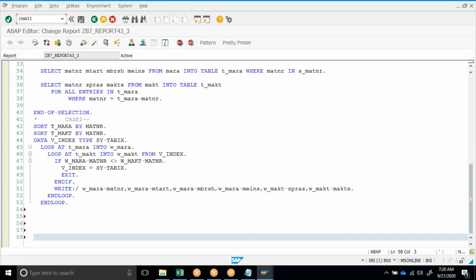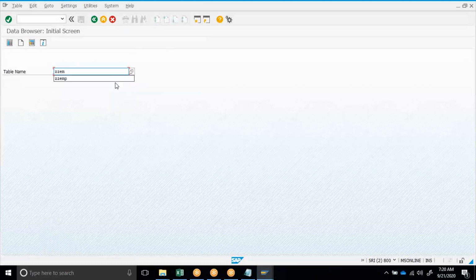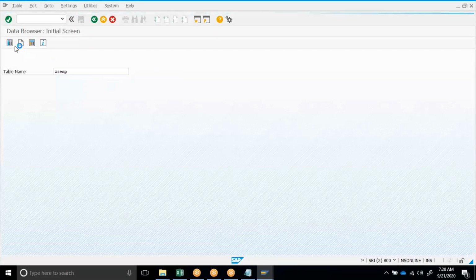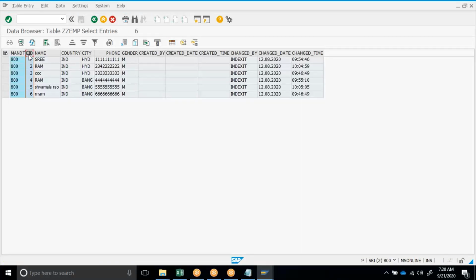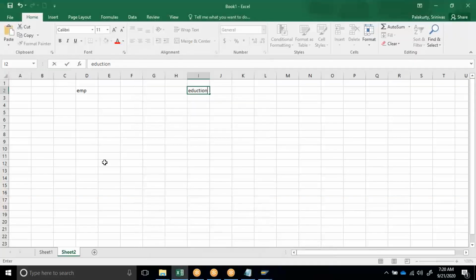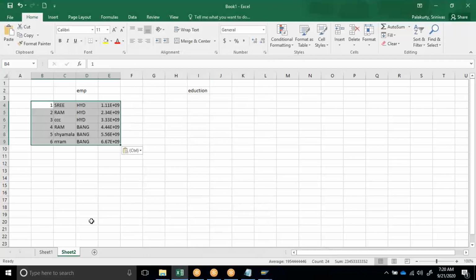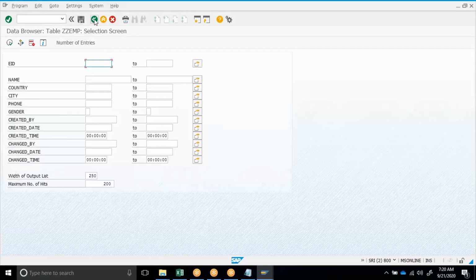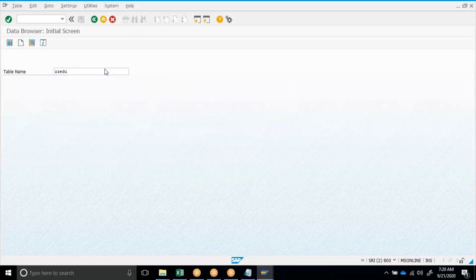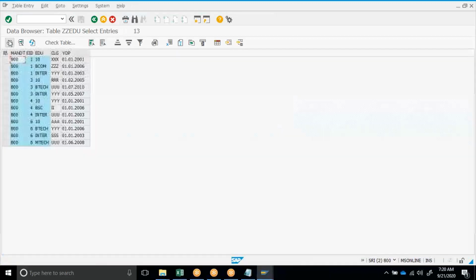To make you understand easily, I am taking a table with a few records. Employee table. Education table.